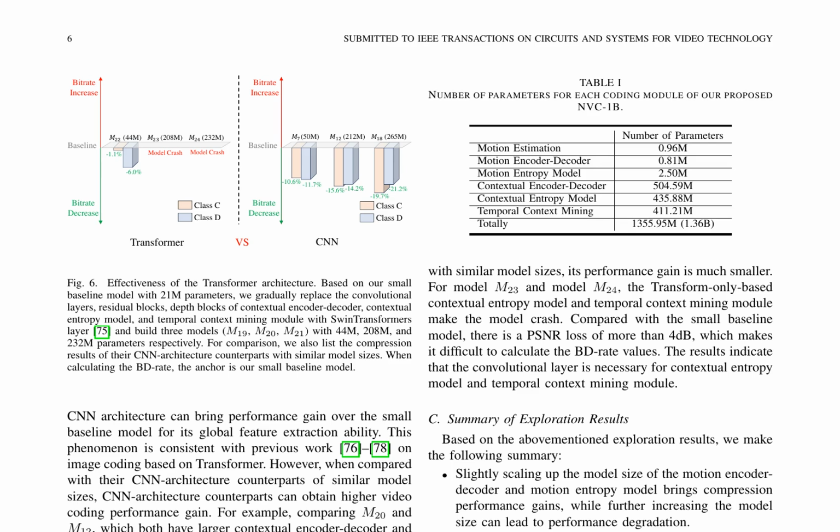Neural video coding models are explored, focusing on architectural designs and the impact of scaling up model sizes. A comparative analysis is conducted on models with convolutional neural network, CNN, mixed CNN transformer, and transformer architectures. Results show that CNN architectures generally outperform models with similar sizes in terms of compression performance. A closer examination of the transformer architecture's effectiveness in various coding modules reveals that while it can bring a small performance gain in the contextual encoder-decoder, its use in contextual entropy and temporal context mining modules leads to model instability